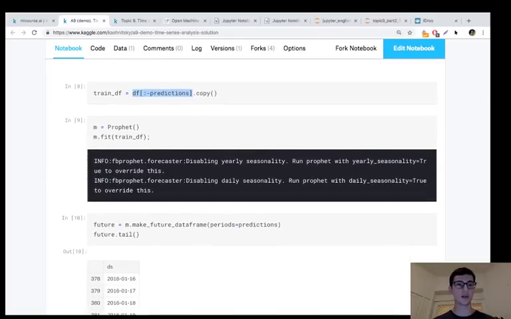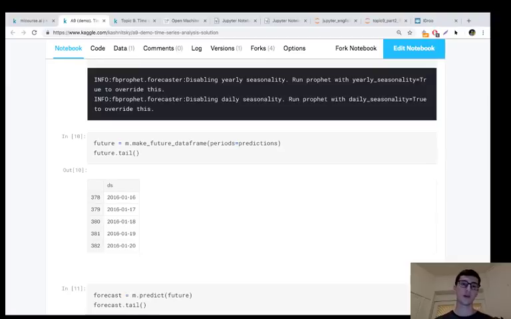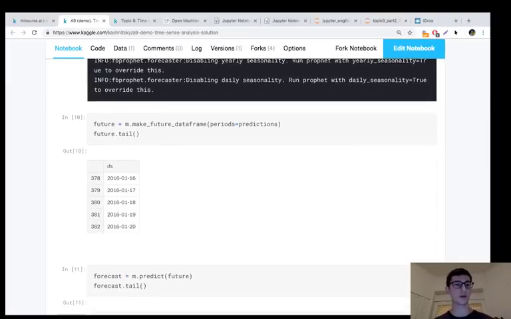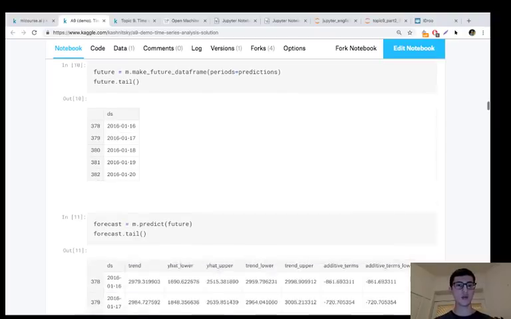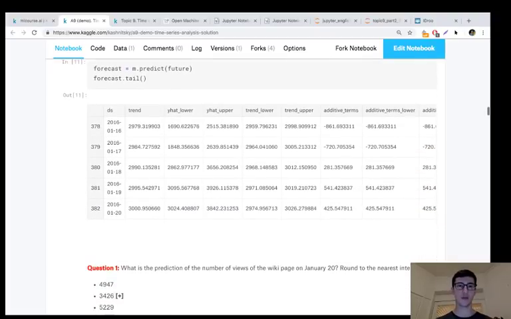We initialize the model and then fit it to our data. And we then create a future data frame. So it's going to be just a data frame with time indexes, and we make a prediction. Now we have a lot of information. If we depict this forecast, we see that we've got a date index,